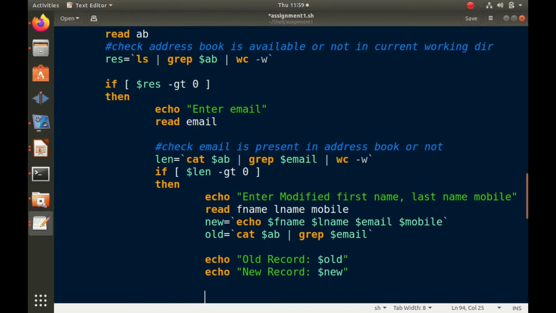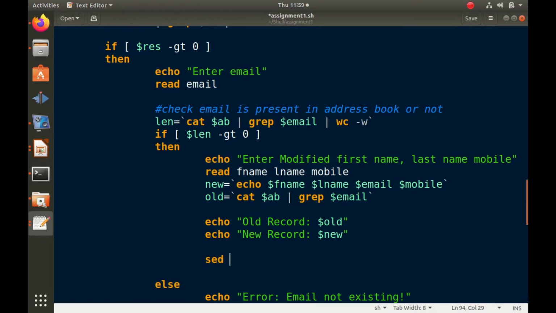Okay, now the next task is to use the sed command. Sed stands for search and edit. So sed -i for inside the file, then s for search, slash, search what? Whatever you want to search should be provided here.